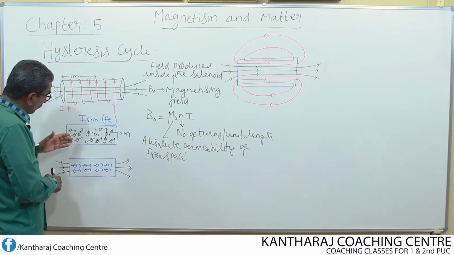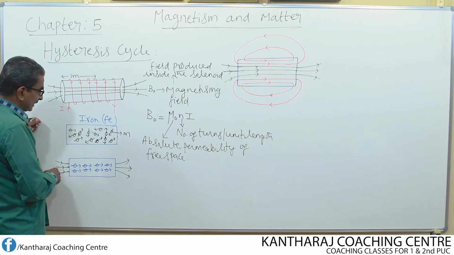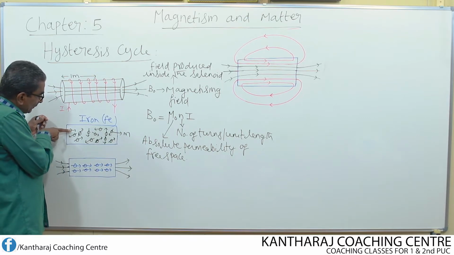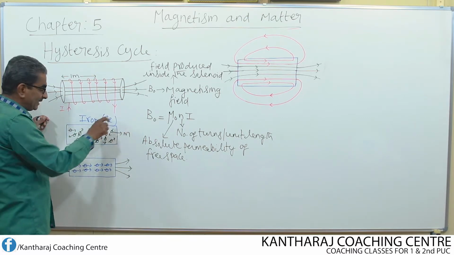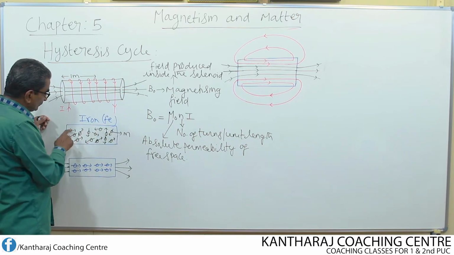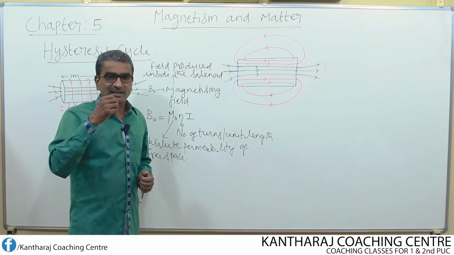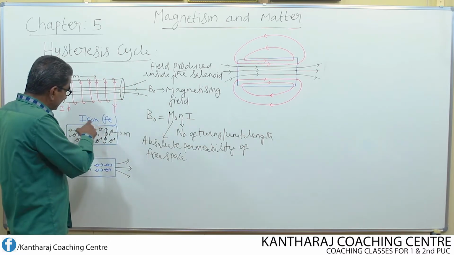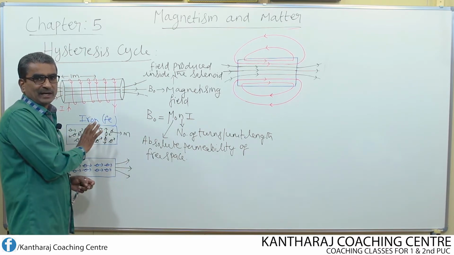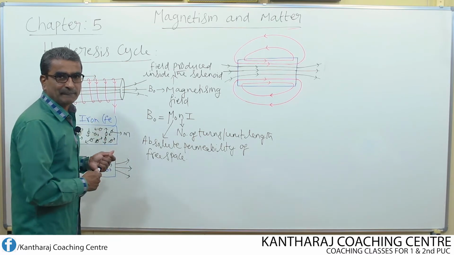Similarly, consider one more example somewhere here. For this dipole, the direction of the dipole moment is towards the right side, whereas the direction of the dipole moment of this dipole is towards the left side. So for these two dipoles, the dipole moments are equal and opposite, therefore they get cancelled. Like this, the net dipole moment of all the dipoles becomes equal to 0. That is why iron under ordinary condition behaves as iron itself, though it is a magnetic material.